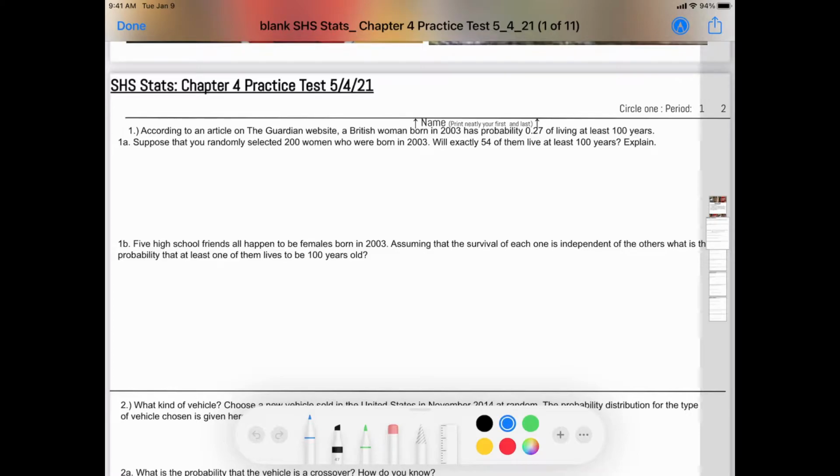Explain. So how do they get the 54? Well, if you take 0.27 and you multiply that by the 200 women they got, you will get the 54. But I'm going to underline that word exactly. Will you always get exactly that number? And the answer is no. That's a semicolon. Probability